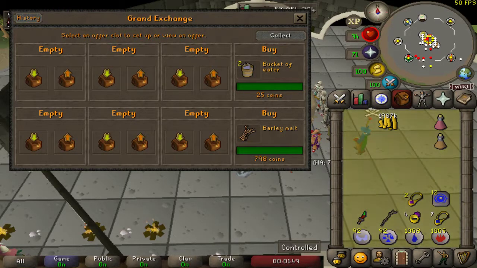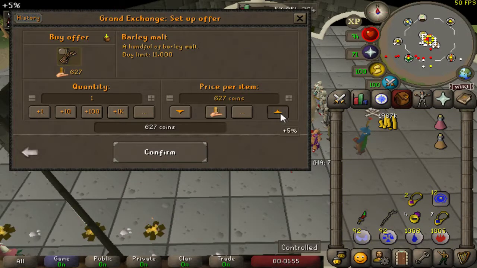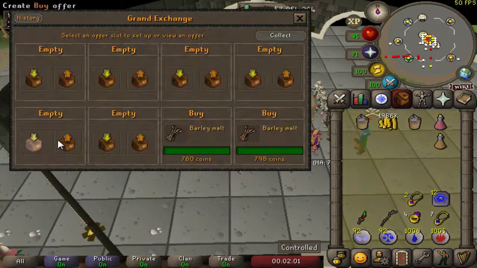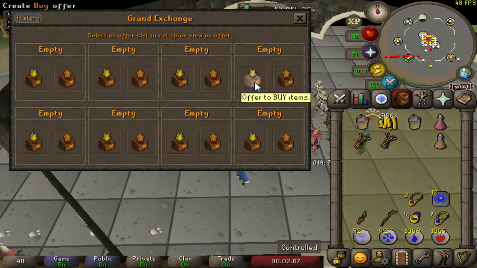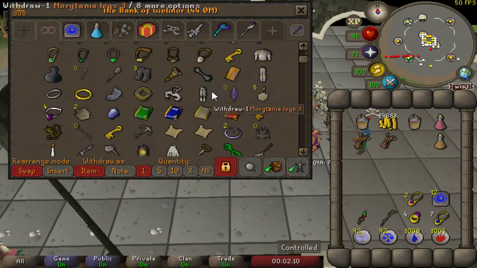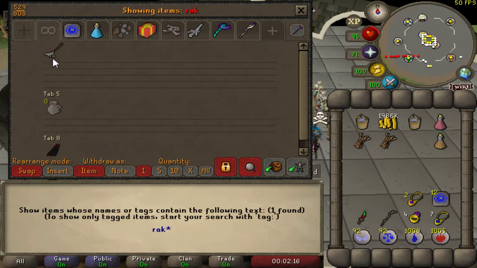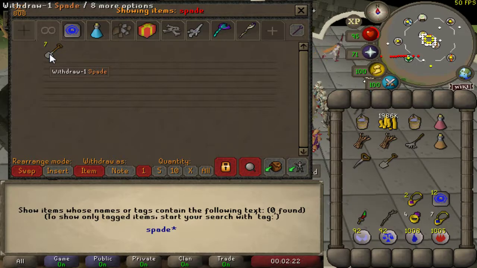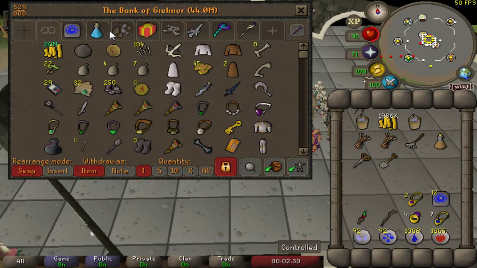barley malts, which you can buy from the Grand Exchange, or you can make them yourself by using 2 barleys on a cooking range, which you can get from the Grand Exchange, or you can farm them yourself. You can easily buy barley seeds from a seed seller in Draynor Market. Also, you'll need a rake, a seed dibber, and a spade, which you can buy from any farm shop near a herb patch, and also a random item,